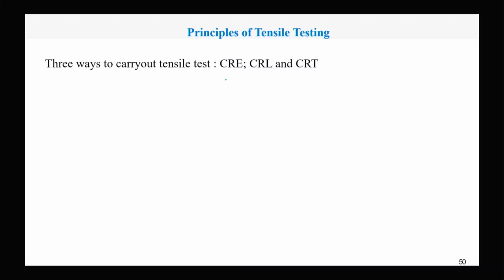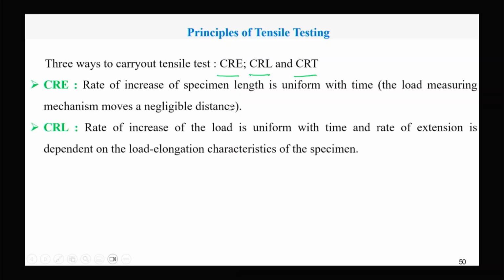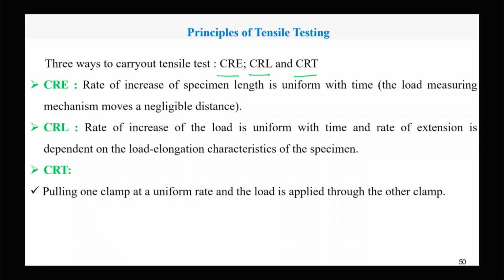Effectively there are three types of testing: constant rate of elongation, constant rate of loading and constant rate of traverse. It's called CRE, CRL and CRT. In CRE, the rate of increase of specimen length is uniform. In CRL, the rate of increase of loading is uniform, and in CRT, we pull one clamp at a uniform rate,